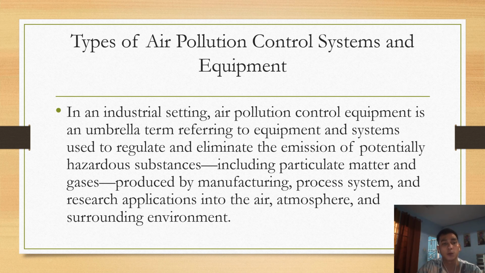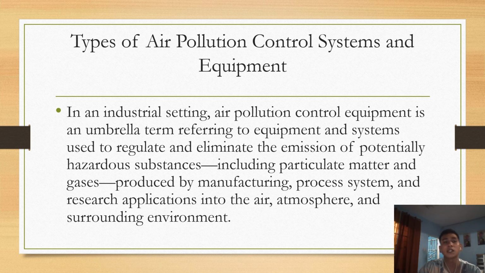Types of air pollution control systems and equipment. Air pollutants are generated by nearly every facet of the industrial process, including raw material sourcing, product manufacturing, maintenance and repair services, and distribution. Consequently, there are several different types of air pollution control equipment available for air pollutants produced by both mobile and stationary sources across a wide range of industries. However, this article focuses mainly on control equipment for stationary sourced air pollutants such as those produced during combustion processes.